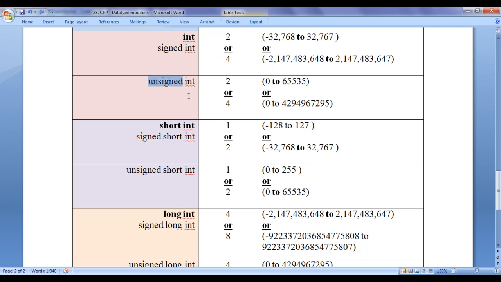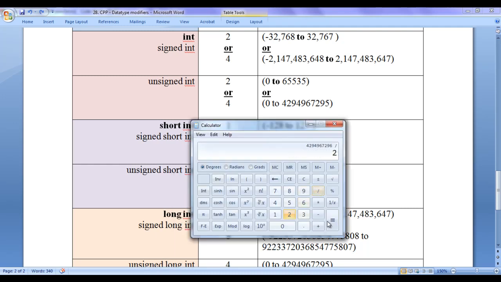Unsigned indicates only positive. Inside unsigned int type memory, the minimum value possible to store is 0 and the maximum value possible to store is 4,294,967,295, guys. If you count from here to here, it becomes 4,294,967,296 values, guys.